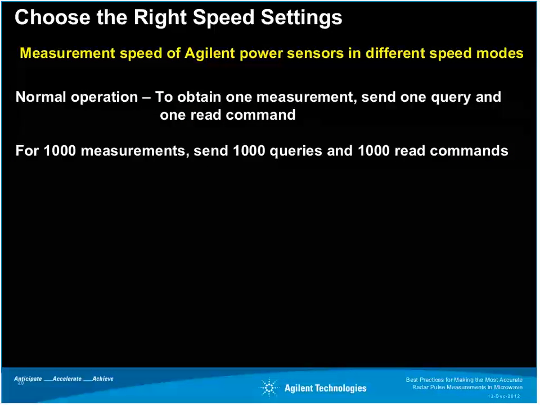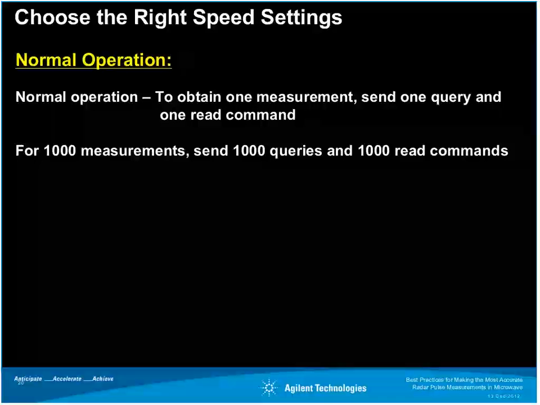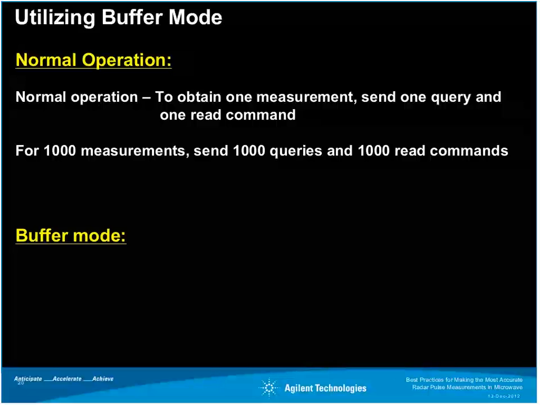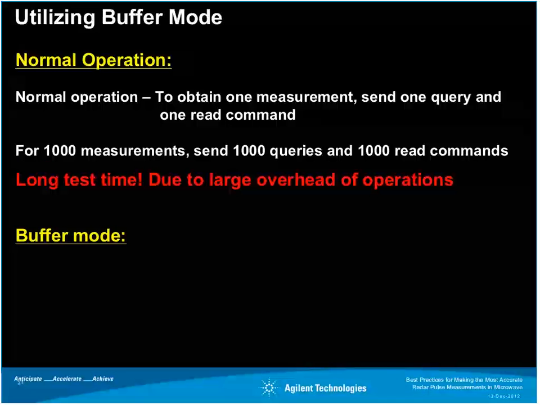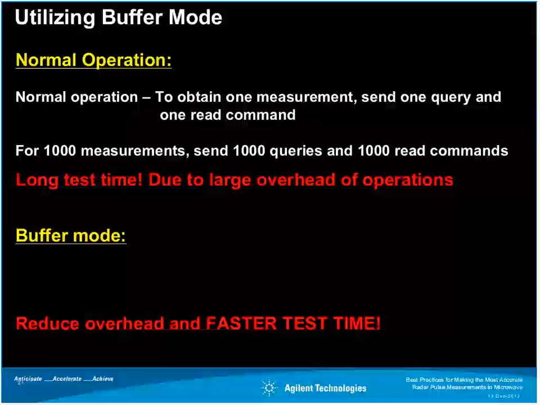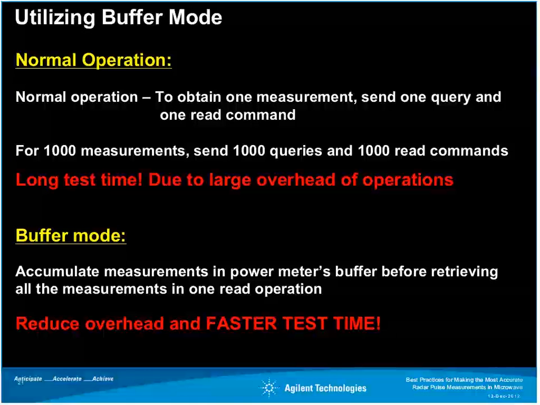The power meter returns a measurement upon receiving a query. To obtain each and every measurement, users need to send a query command, then take the measurement. When taking a large amount of readings, let's say 1,000, the user must send 1,000 queries and read the results 1,000 times. This method results in a longer test time because of the overhead of the programming and power meter